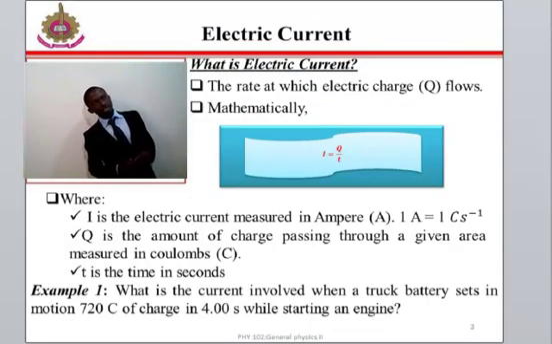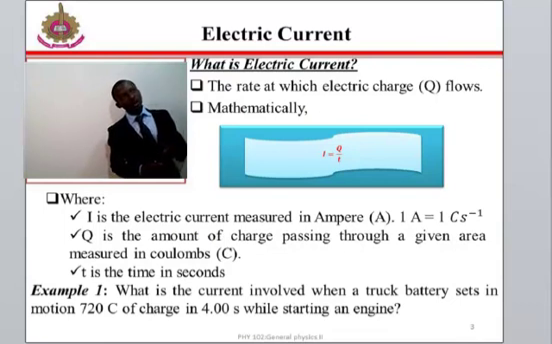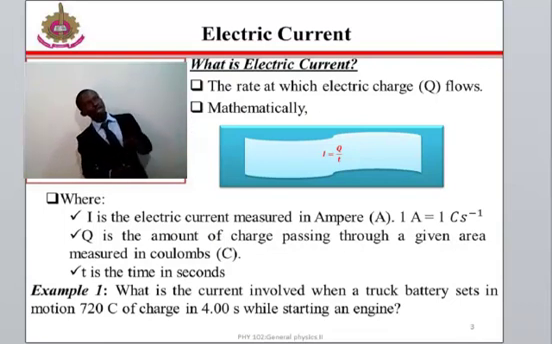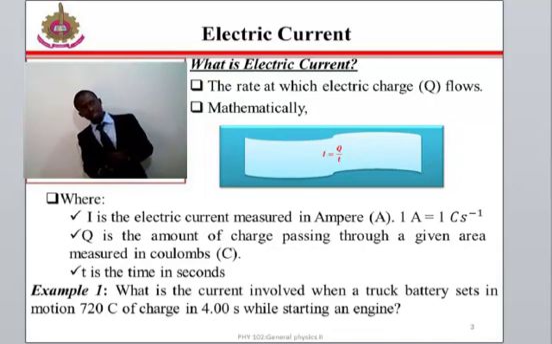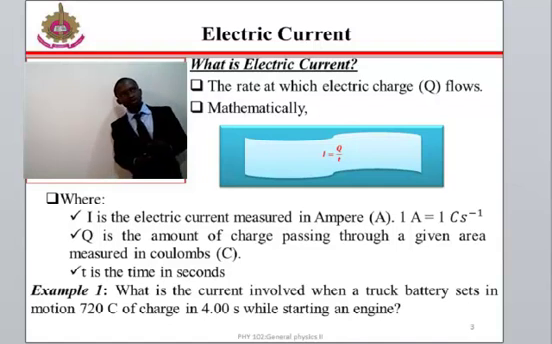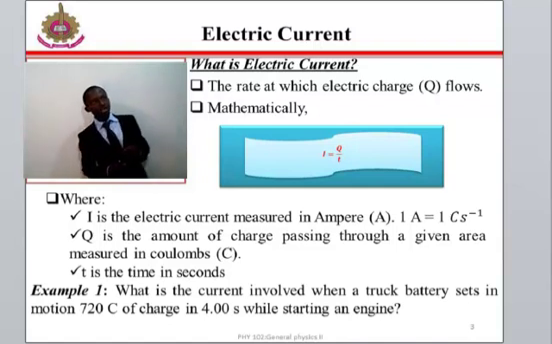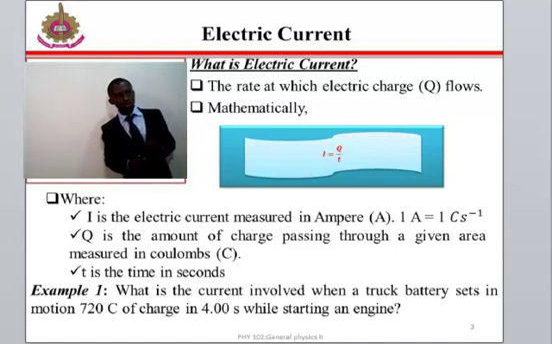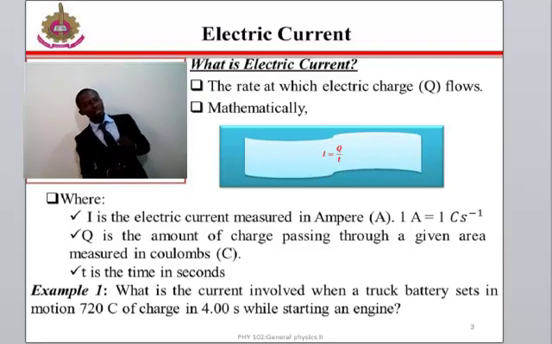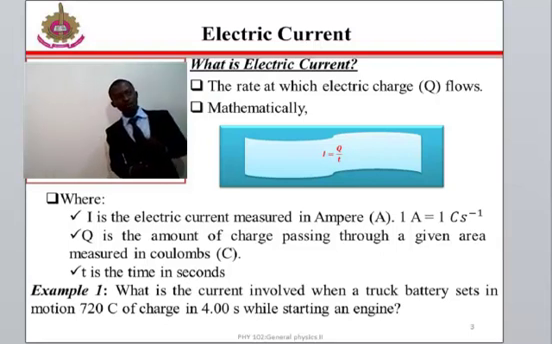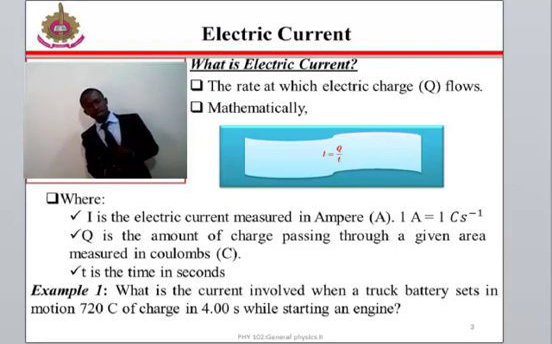Electric current. In the previous lectures, you have learned that when a potential difference is applied across a conductor, an electric field is set up within it. The free electron moves in a direction opposite to the field through the conductor. This constitutes an electric current. Thus, an electric current could be defined as the rate at which electric charge flows,